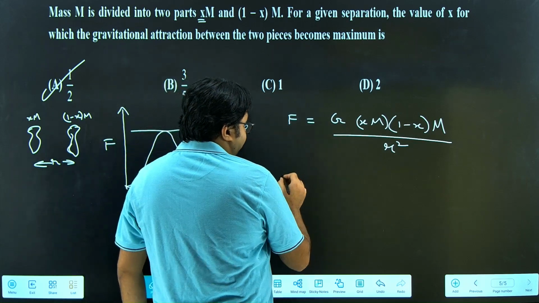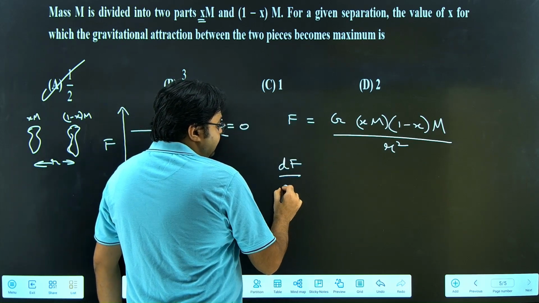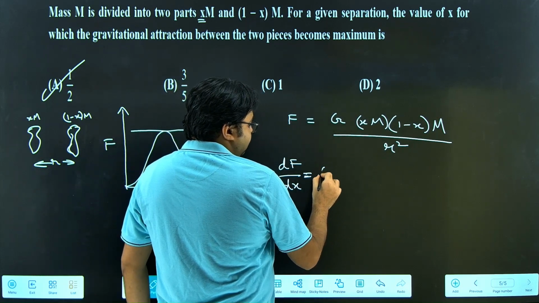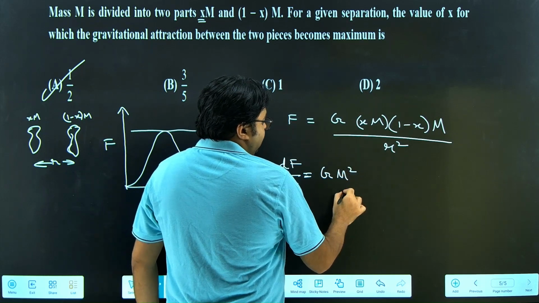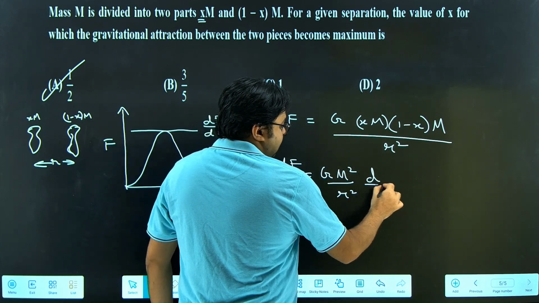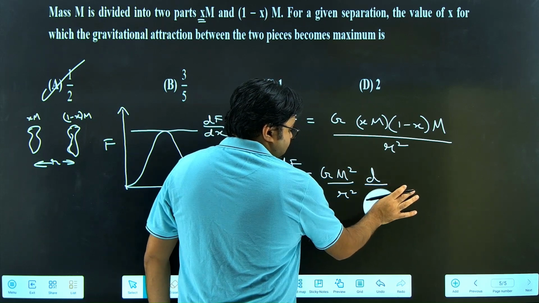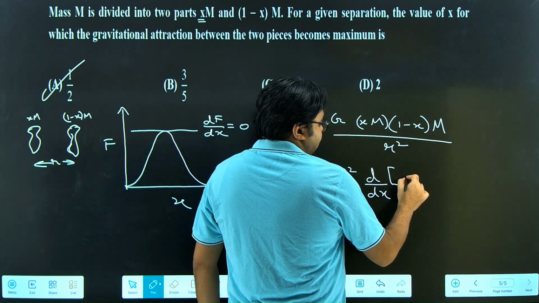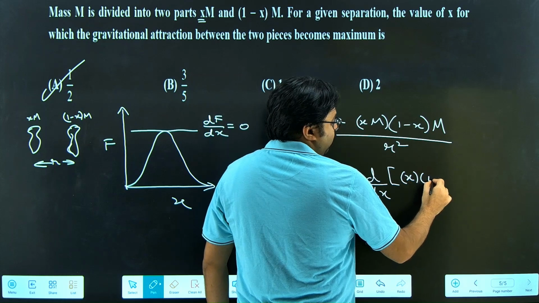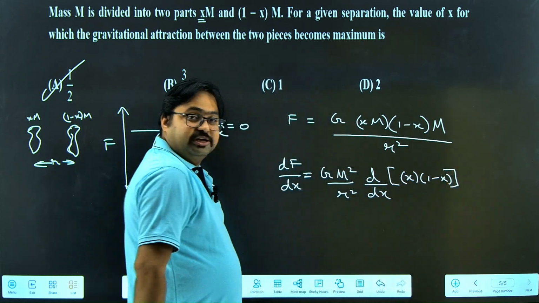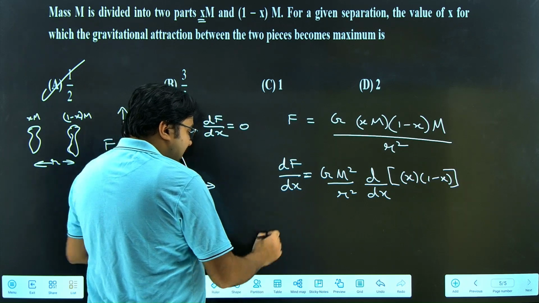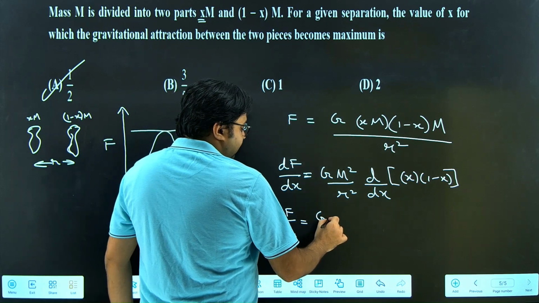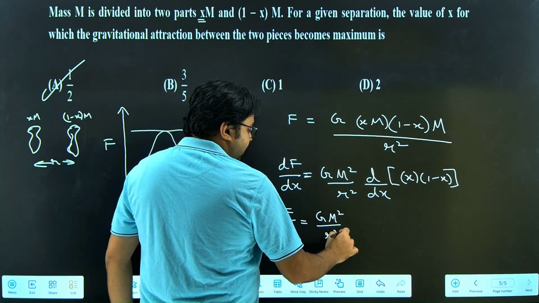Let me reform this equation. If I write dF divided by dx, you would have G M squared divided by r squared, which are all constants, and then inside the operator you have d by dx of x multiplied by 1 minus x. You will have to differentiate this. If you differentiate this, you will have dF by dx equal to G M squared divided by r squared multiplied by